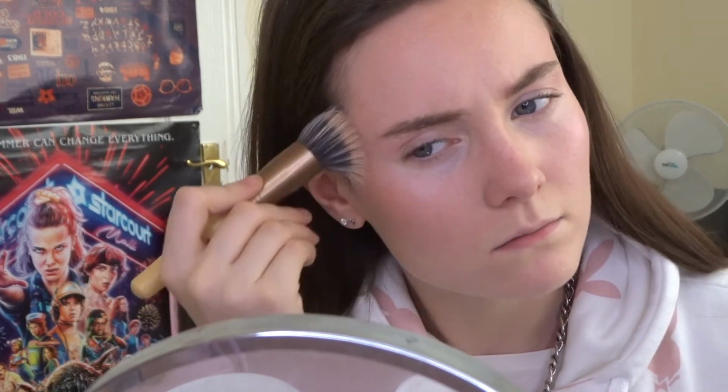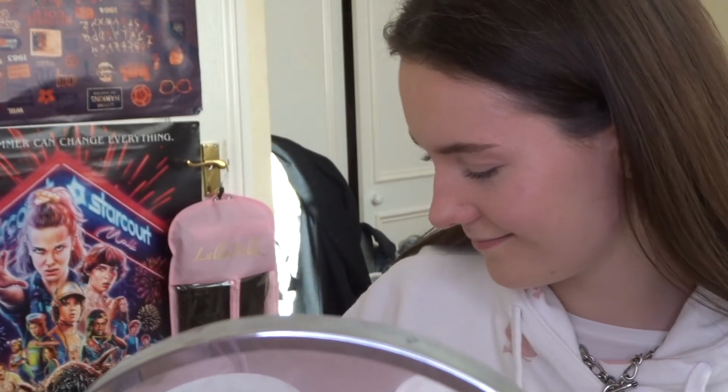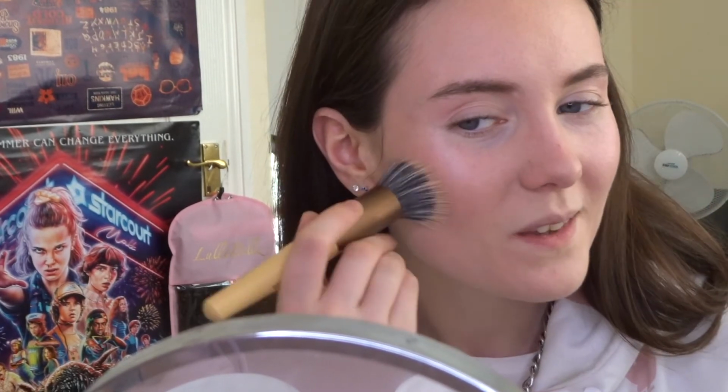On my wedding day I'm probably going to use my Chanel bronzer, the Bronze Universal Soleil Tan de Chanel, that's what it's called. That cream one, because I absolutely love that. And then I might put a shimmery bronzer on top, like my MAC